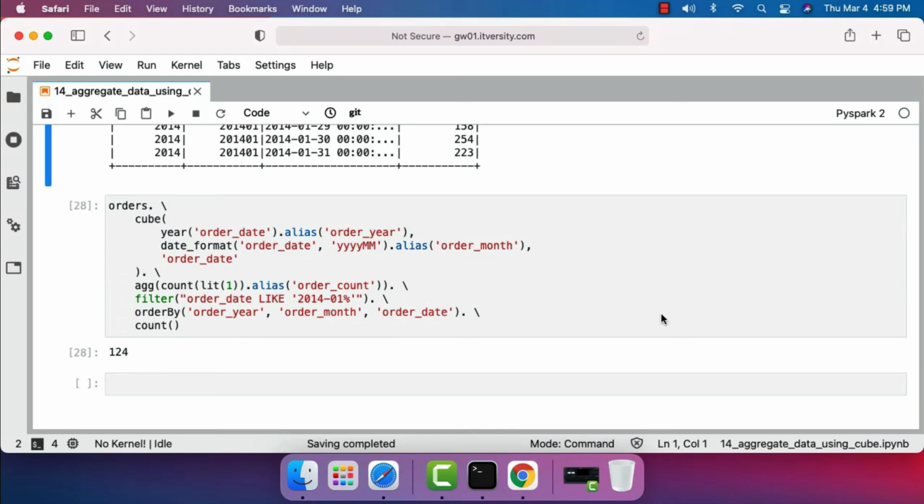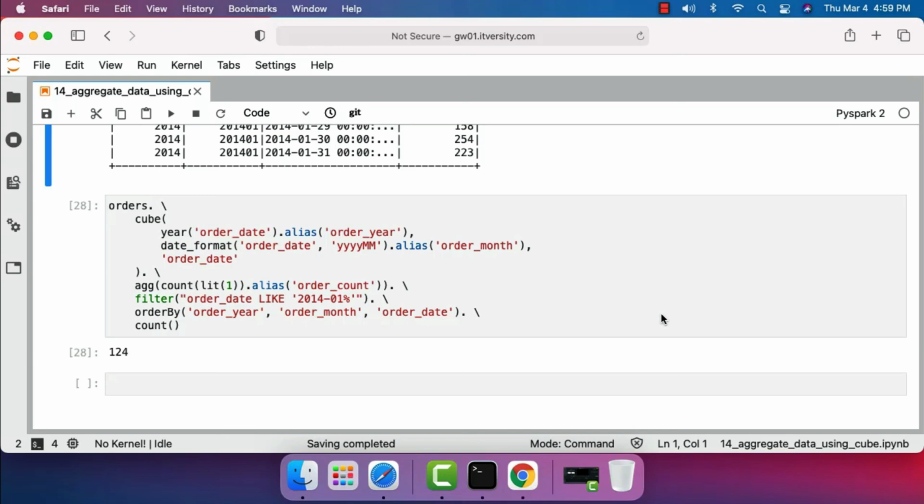Compared to group by and rollup, you will be seeing a lot more data when you use cube. Typically, rollup and cube are used when we connect the BI tools to the dataset and want to perform reports using different dimensions. Make sure you understand the differences between group by, rollup, and cube. All of them are used to perform aggregations based on keys. However, there are a few subtle differences which you should be familiar with.